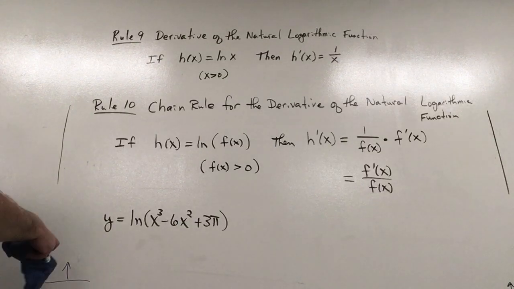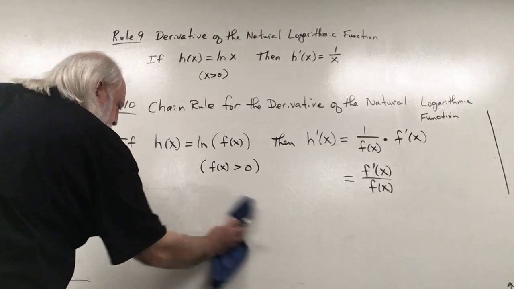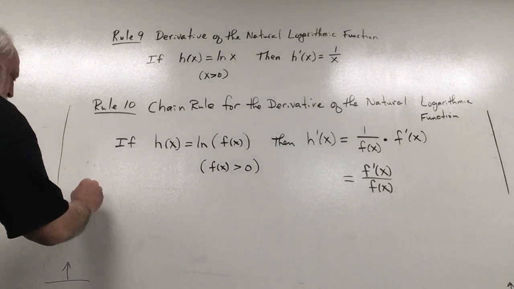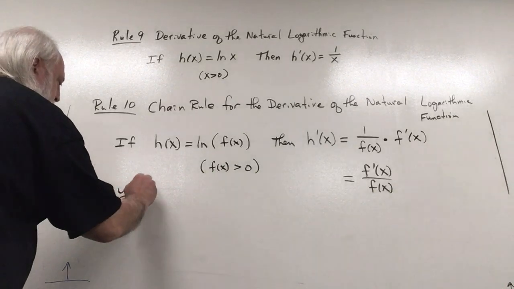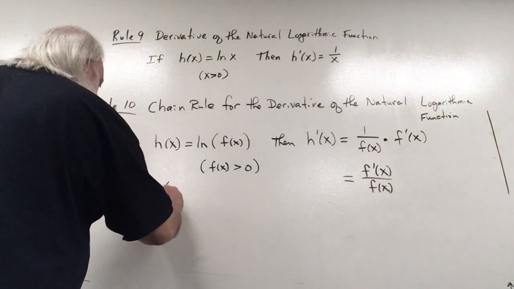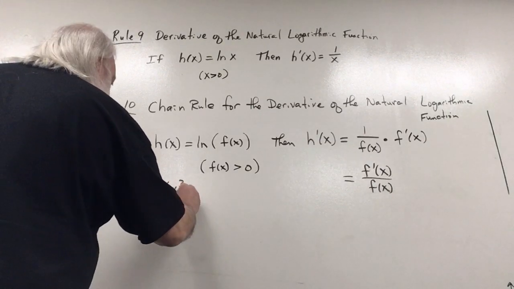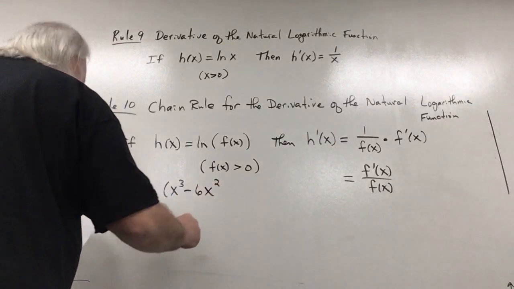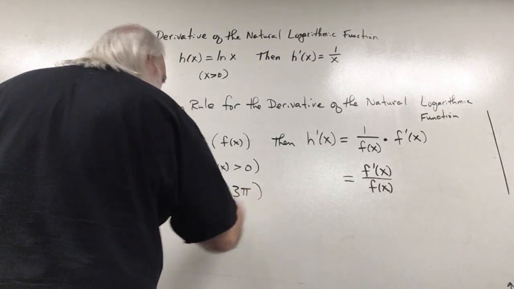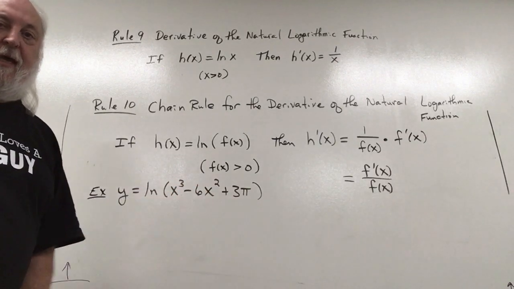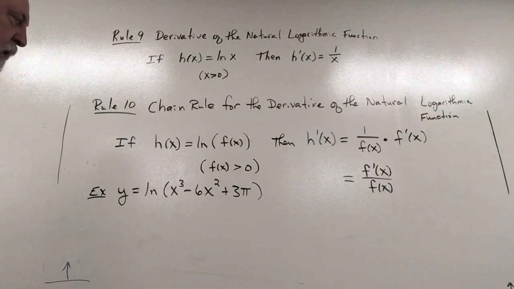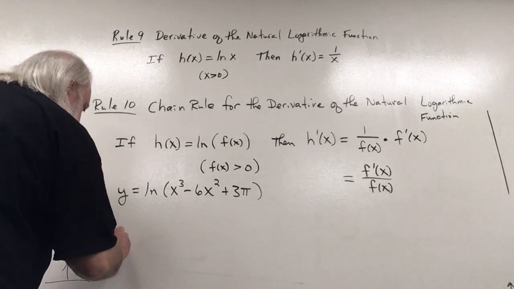So let's work this example right here from your notes. We have y is equal to the natural log of x cubed minus 6x squared plus 3 times pi. Well, you know 3 times pi is equal to 3.141 times 3, so that is just a constant, right? There's no x in that term, okay? So the derivative of this function, y prime,